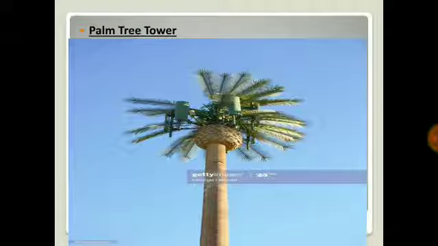Palm tree, this is the third type of tower, mostly used in VIP areas. Palm tree towers are also called concealed cell towers. Concealed towers are primarily used to maintain the beauty in certain areas such as historical districts, beaches and VIP areas like embassies, etc. Concealed cell towers help to preserve the natural beauty of iconic landscapes such as natural and national parks. All outdoor units like TMA and antennas are installed on the tower itself.